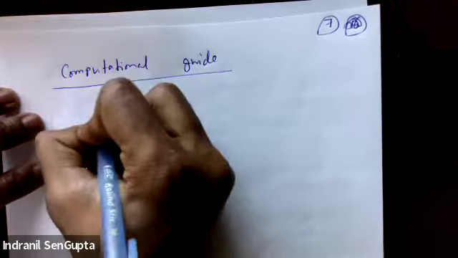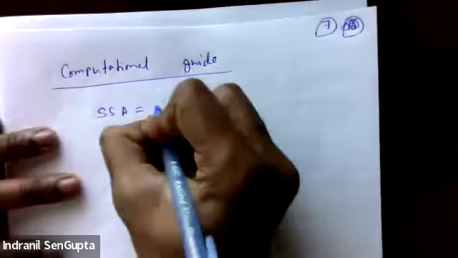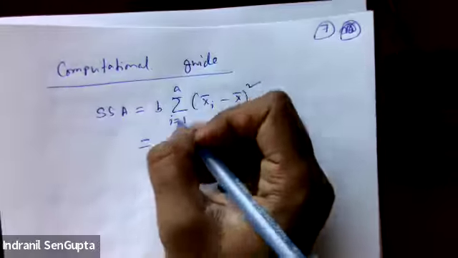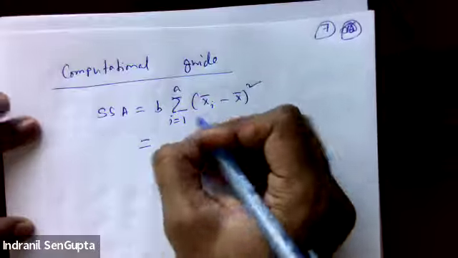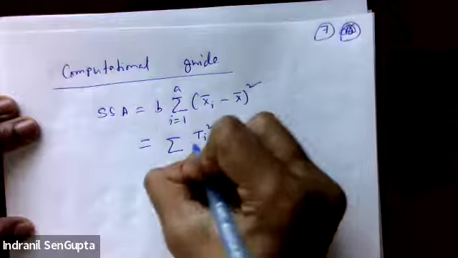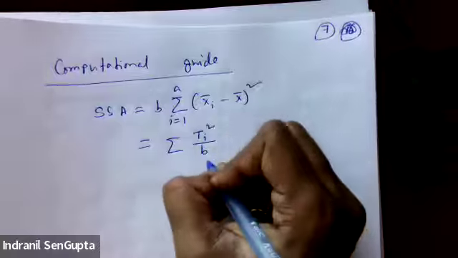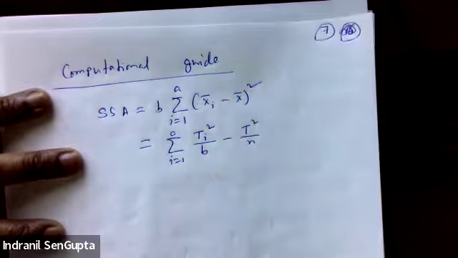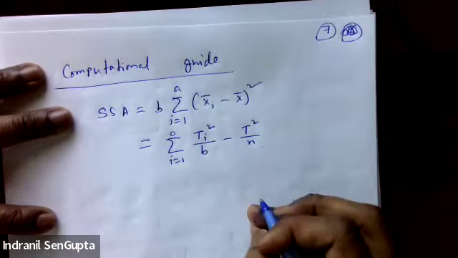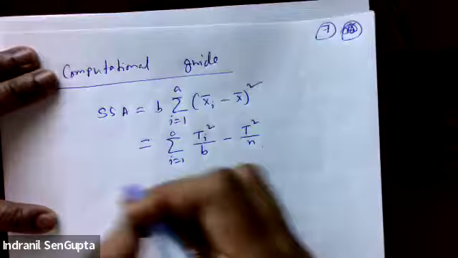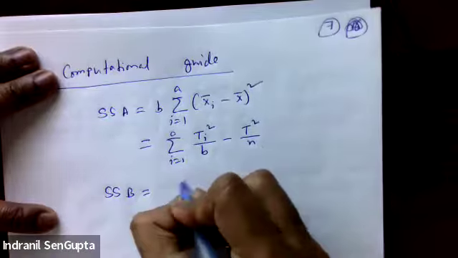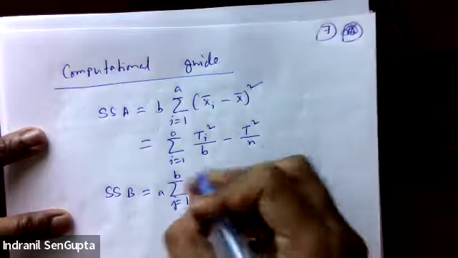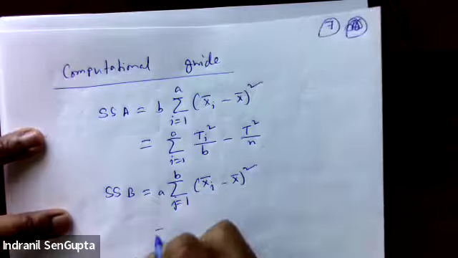First of all, SSA, which is given by B times the summation over i from 1 to A of xi bar minus x bar squared, can be shown to be given by the summation of Ti squared over B, i from 1 to A, minus T squared over N. Next, SSB is given by A times the summation over j from 1 to B of xj bar minus x bar squared. And we can show that this is given by